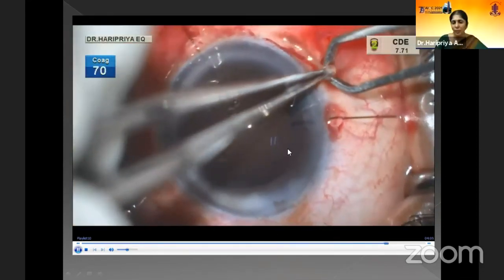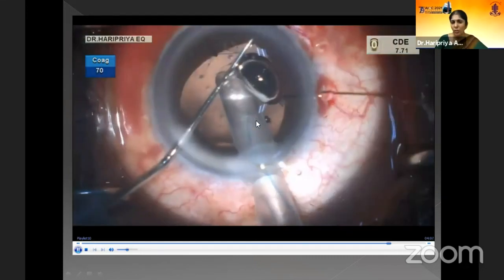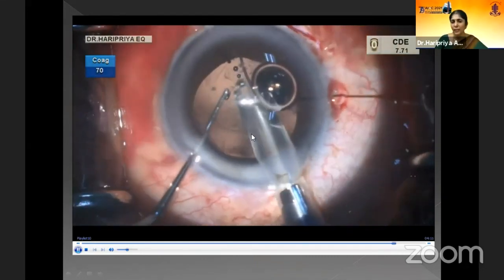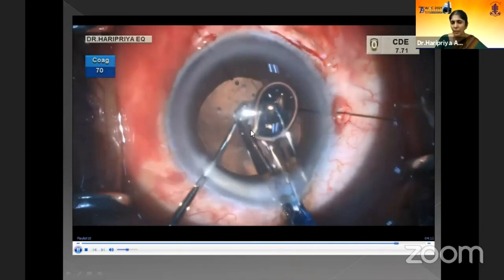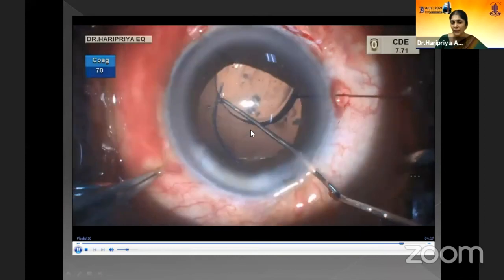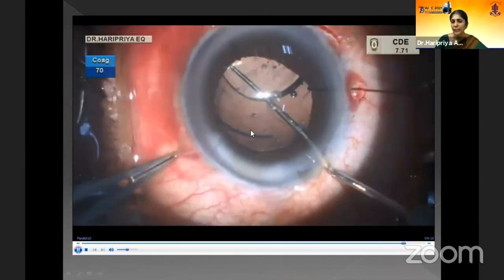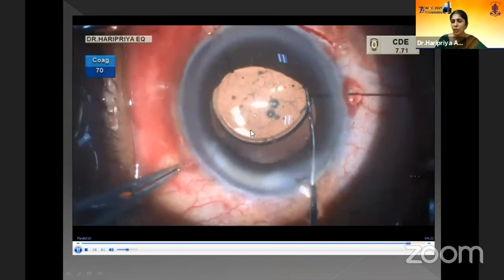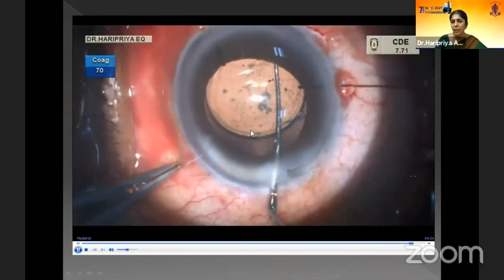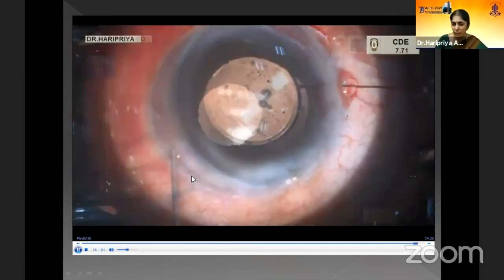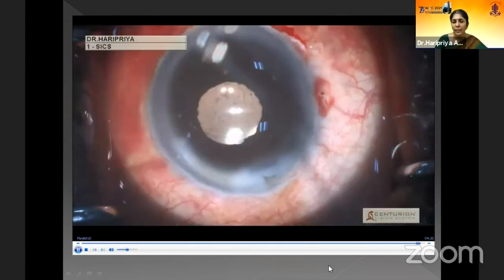And then the pocket is closed. And again, though the hook was not used earlier, the hooks are being placed again. A 3-piece IOL is then placed in the bag. Again, a 3-piece IOL is placed here because even in spite of the CTR, there's a chance of lens subluxation or dislocation. So to aid in iris or scleral fixation, a 3-piece is preferable in patients with gross lens subluxation. After which the hook is removed and pilocarpine is injected to ensure there is no vitreous in the anterior chamber and the eye is closed.